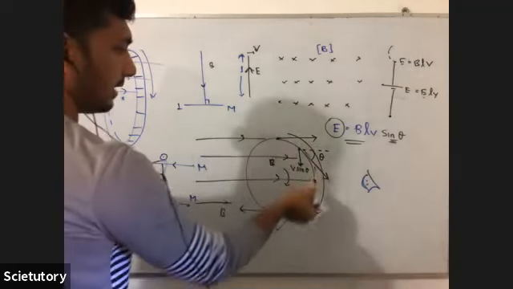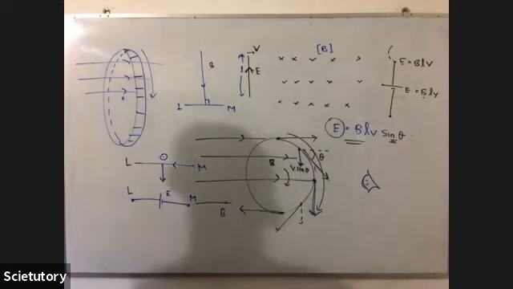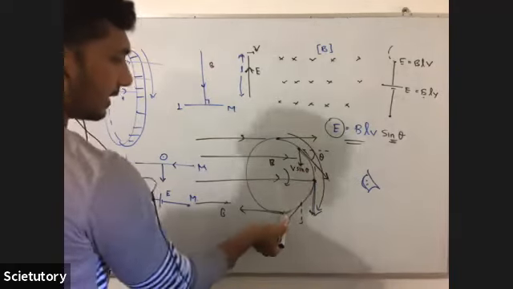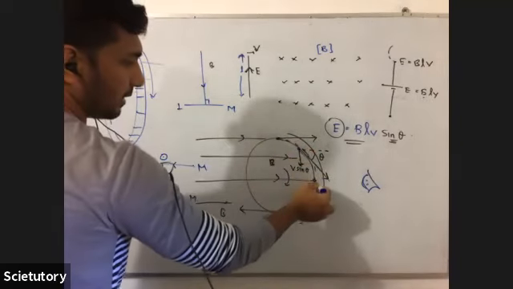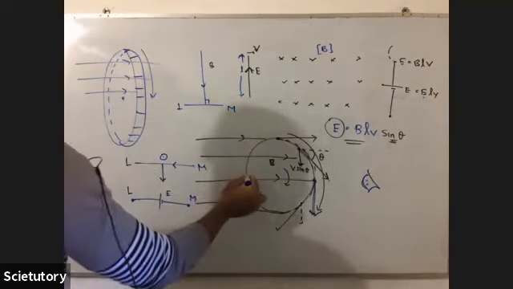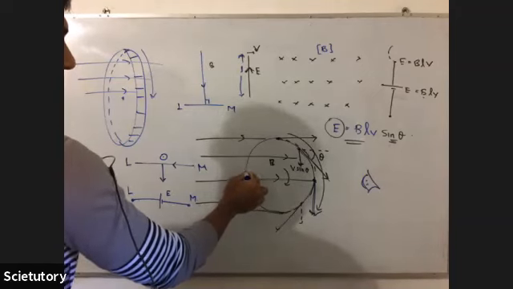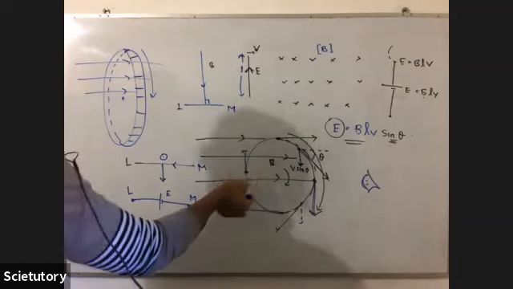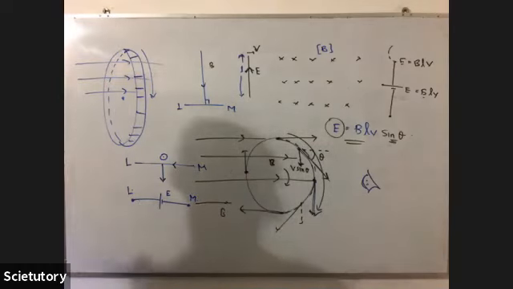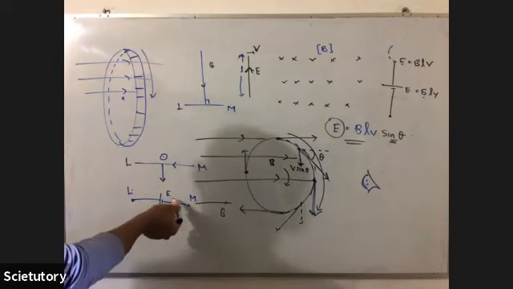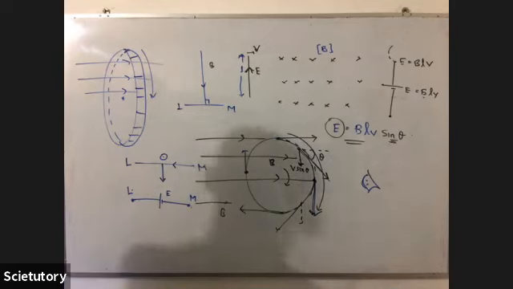So when it moves like this, the graph should be in the positive direction for this half and the negative direction for this half. Because once you have worked out this part, the answer will automatically be in your mind when it is in the opposite direction. For this half, L will have lesser E in relation to M. So it's negative.